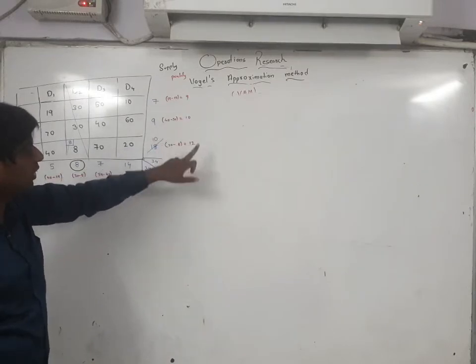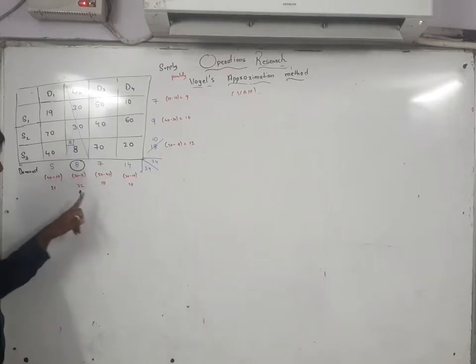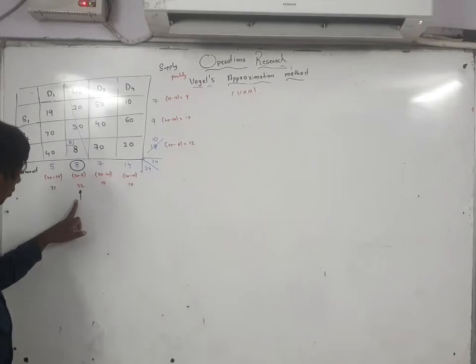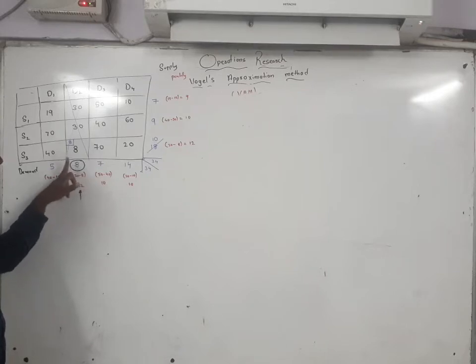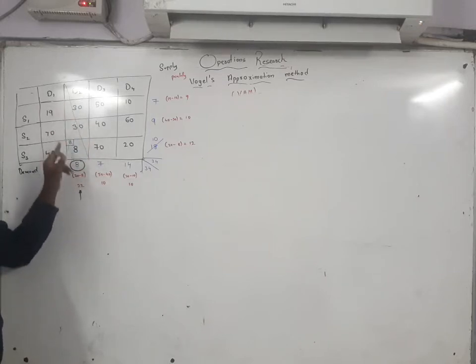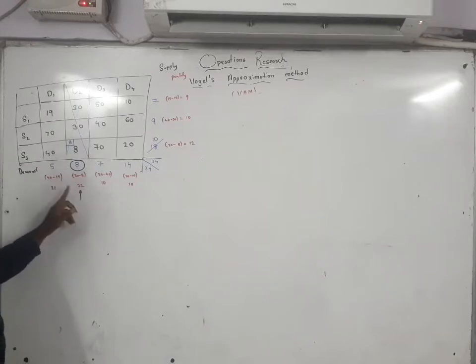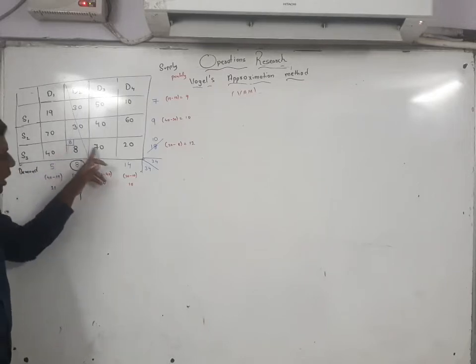Here 9 is there, here 10 is there, and here 12 is there, here 21 is there, 10 is there, 10 is there. The highest one is 22. Which one is the highest? 22. So this 22, this is the way to go. So here what is the demand? 8. In this column, where you find the least, there you have to locate the 8. So 8 you have to locate here and come out from here.